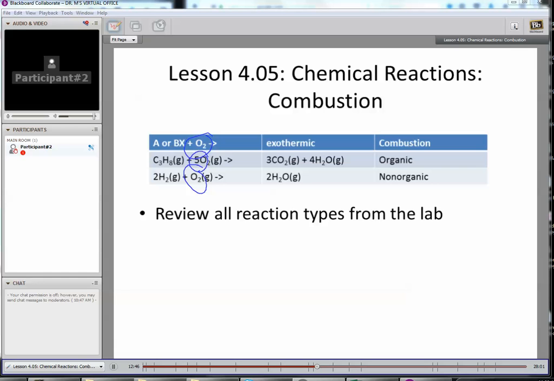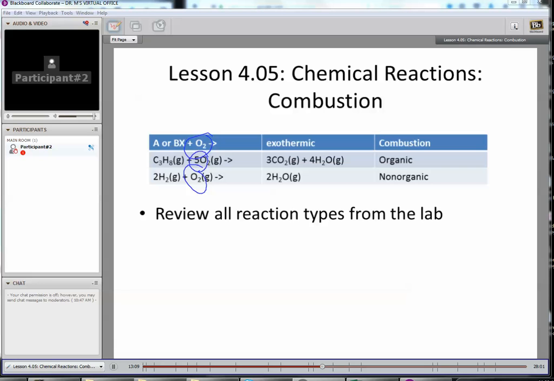Why? Think about it. What's happening in combustion? Heat or light? Light, fire, something along those lines. Think of, for instance, a campfire. A campfire is a combustion reaction. So if we take away the oxygen in that combustion reaction, what happens? The fire goes out. So the key thing that you want to look for is the presence of oxygen